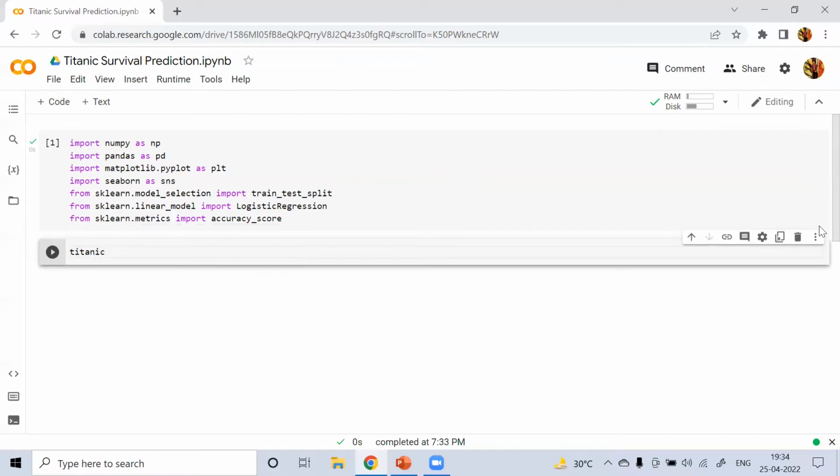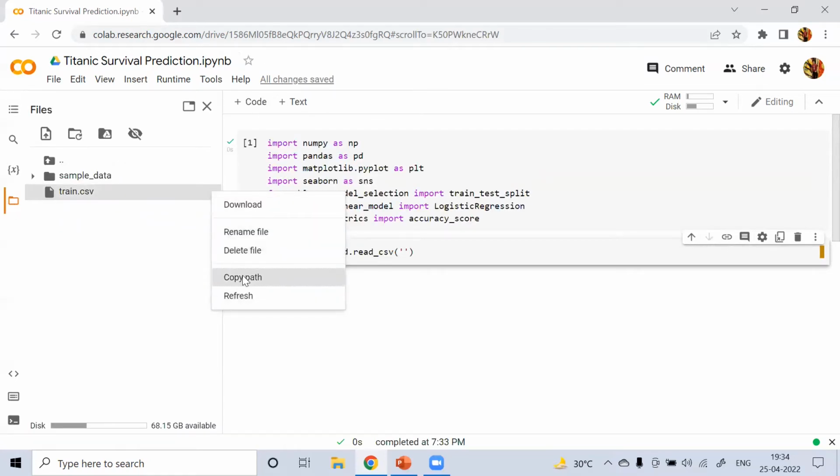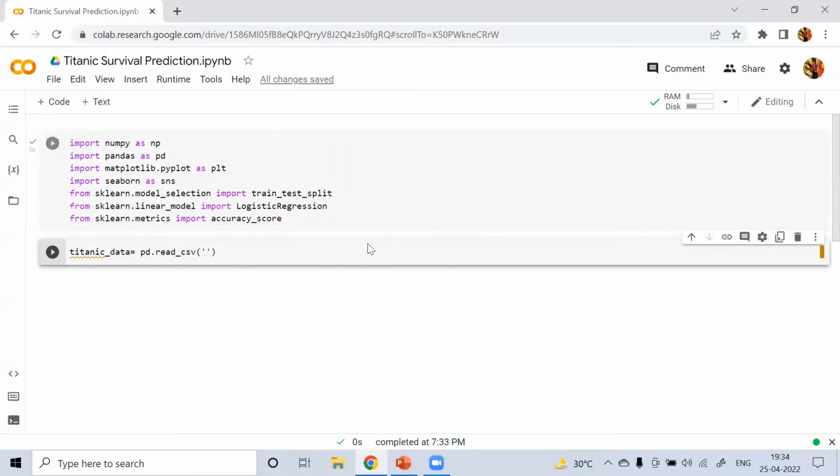So titanic_data equal to pd.read_csv. I will copy this path: just click on this dot and copy path. Paste it here and press shift enter.